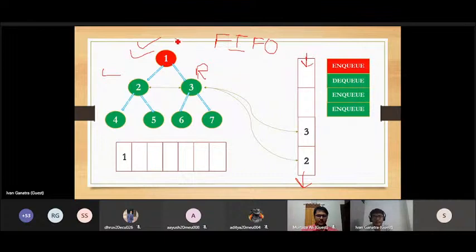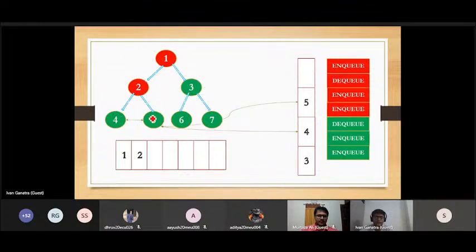सो अभी तक हमने क्या ऑपरेशन परफॉर्म कर लिए थे, करंट नोड को हमने क्यू के अंदर डाल दिया था और करंट नोड को निकालने के बाद हमने उसका लेफ्ट चाइल्ड एंड राइट चाइल्ड दोनों को हमने क्यू के अंदर डाल दिया, राइट। इसके बाद की ऑपरेशन क्या होगी, सेम वही, जो हमारा सबसे टॉप पे एलिमेंट रहेगा उसको हमको क्यू से बाहर निकालना है, राइट। सो डी क्यू ऑपरेशन की मदद से हम 2 को निकालेंगे और उसके लेफ्ट और राइट चाइल्ड्स को क्यू के अंदर डालेंगे। सो जैसा कि हमको ऑर्डर चाहिए था 1, 2, 3, 4, 5, 6, 7,